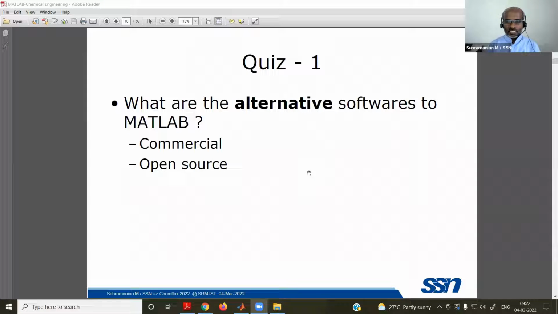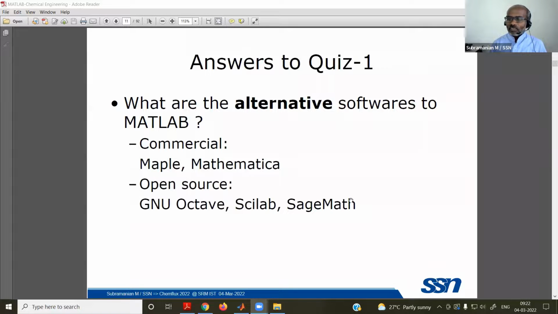Whatever the codes or logic are, I don't know about them. Thanks, Soumya. I'll note this. Of course, I will have these recordings and I'll see this later as well. Thanks for mentioning these other software. Some more softwares, maybe Scilab, Python. These are all free tools. Any other commercial software like Matlab? Okay, we can defer for some time. Thanks for the response. Of course, I have written something: Maple, Mathematica. These are all commercial softwares.